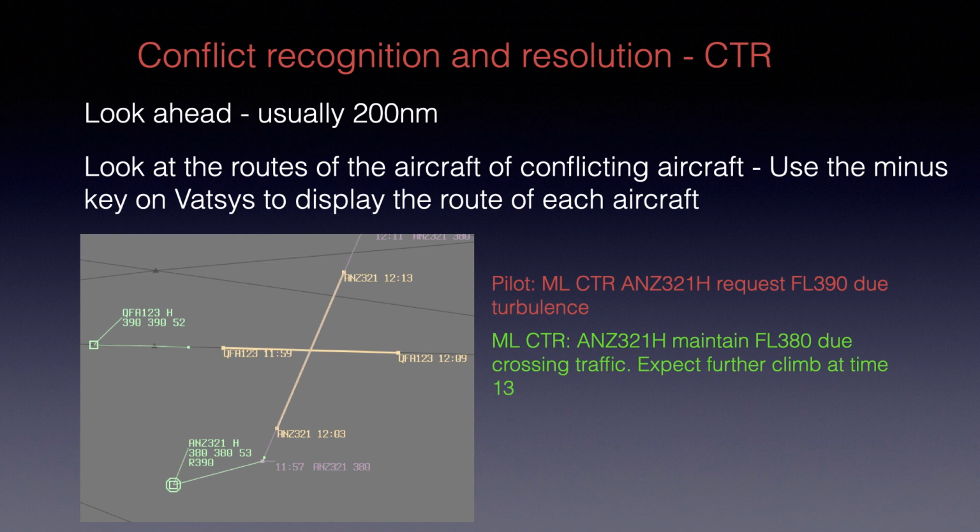So what you've got to do is keep this guy at flight level 380, because you can't give him a climb to 390 because he's going to be in direct conflict with this Qantas guy. So you've got to wait for this guy, Air New Zealand's data tag, to be at the end of that tan line there, and then you can give him the climb. This tool shows brilliantly that, guess what, for about 10 minutes from Air New Zealand's perspective, from 12:03 to 12:13, there's going to be a conflict. In other words, they're going to be at the same level, and they're going to be on